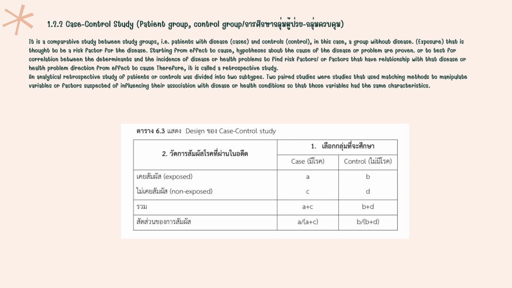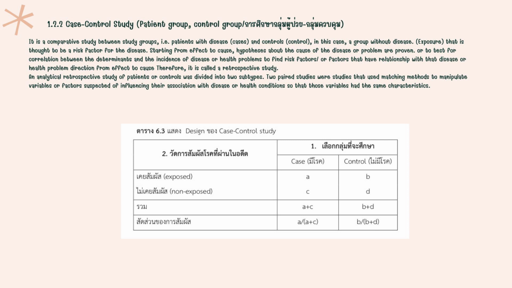From table 6.3, shown is the design of a case control study to determine variables as follows: exposure and disease, call it variable A. Exposure but not disease, variable B. Then, non-exposure but disease, variable C. And then, non-exposure and non-disease, variable D. Bring variable A plus variable C as the cases with disease,